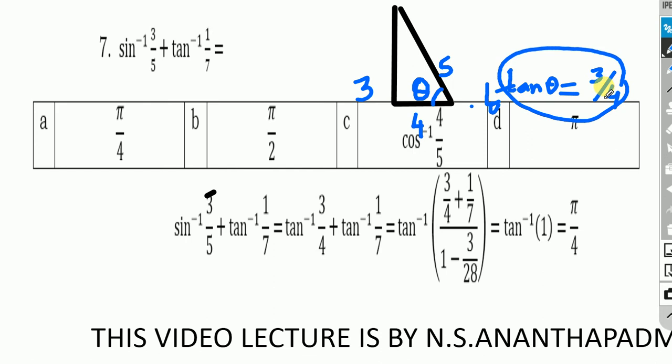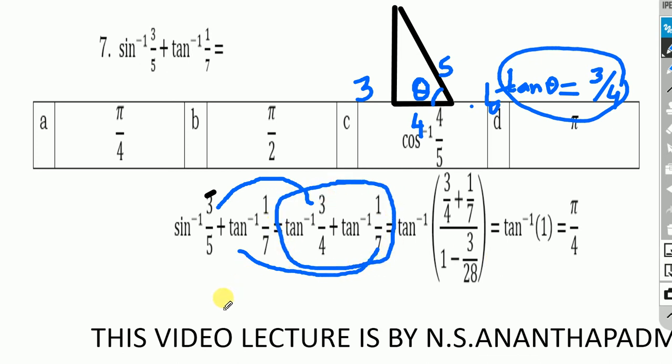So therefore I have sine inverse of 3 by 5 is equal to tan inverse of 3 by 4 plus tan inverse of 1 by 7 as it is here. So now we can apply the formula: tan inverse of x plus tan inverse of y is equal to tan inverse of x plus y divided by 1 minus xy. That is 3 into 1, 3, 4 into 7, 28. So 28 is the LCM, so I have 3 plus 1 4, and here I have 28